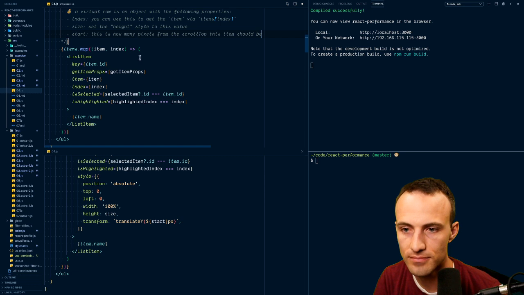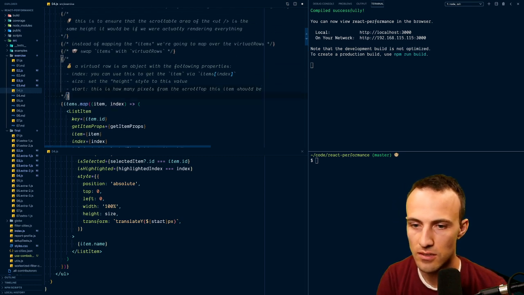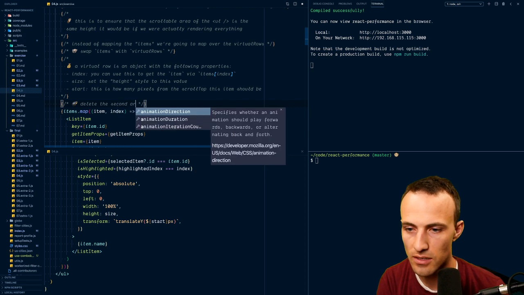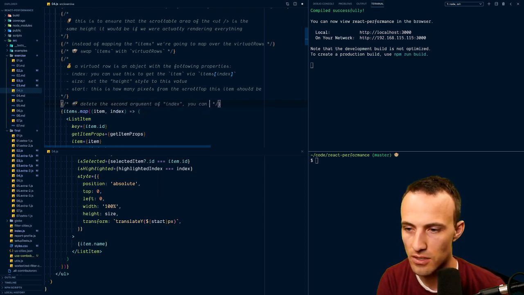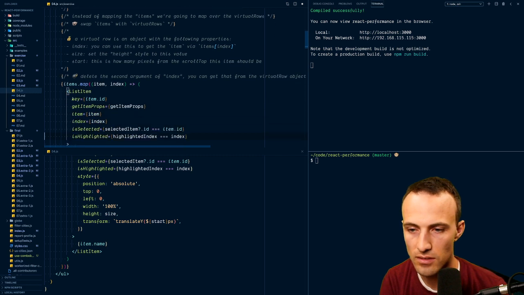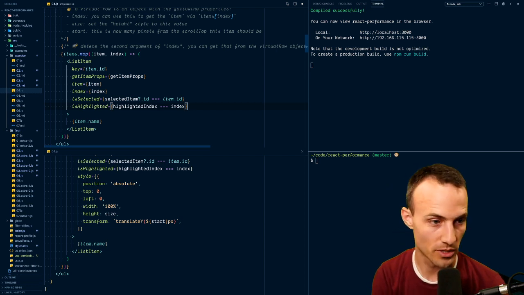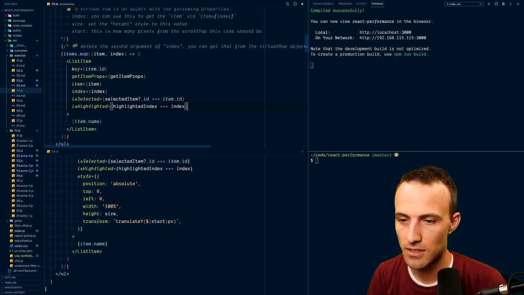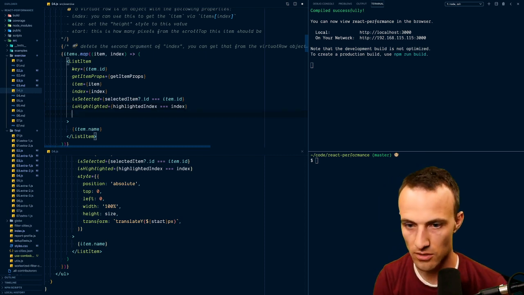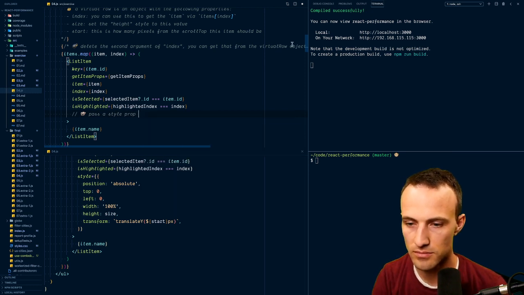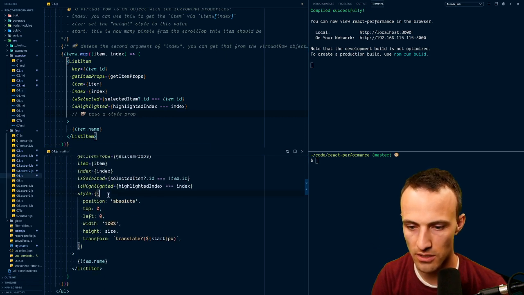Okay. Delete the second argument of index. You can get that from the virtual row object. Okay, and this one is going to be pretty complicated, but I think if you're learning about performance in React, you are at that level. So I think it's going to be all right. So now we're going to pass a style prop here, and you know what I'm going to do? I'm going to actually make this a little bit easier. We're going to take this,